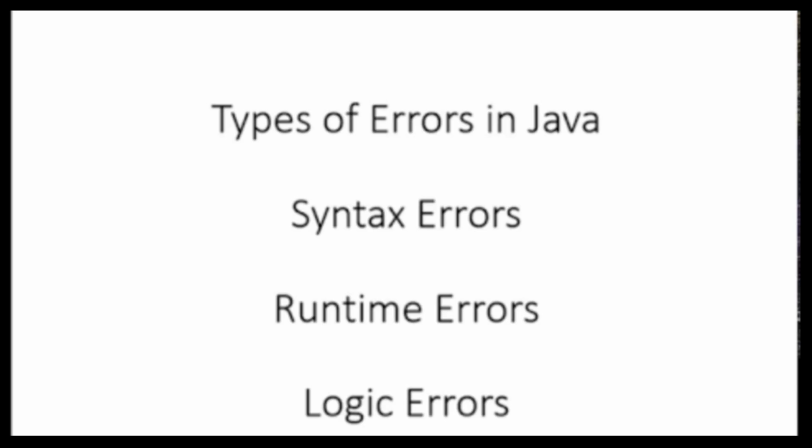If we get a syntax error, until and unless we correct these small errors, the program will not be compiled and we cannot see the correct output on the computer screen. So in order to get the correct output, we have to correct those mistakes first, then the compiler will compile the program, and only then the correct output will be shown on the computer screen.